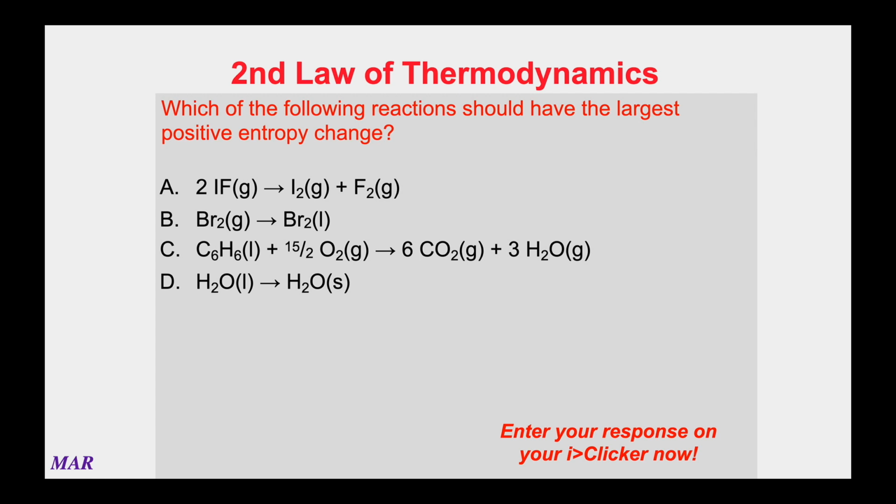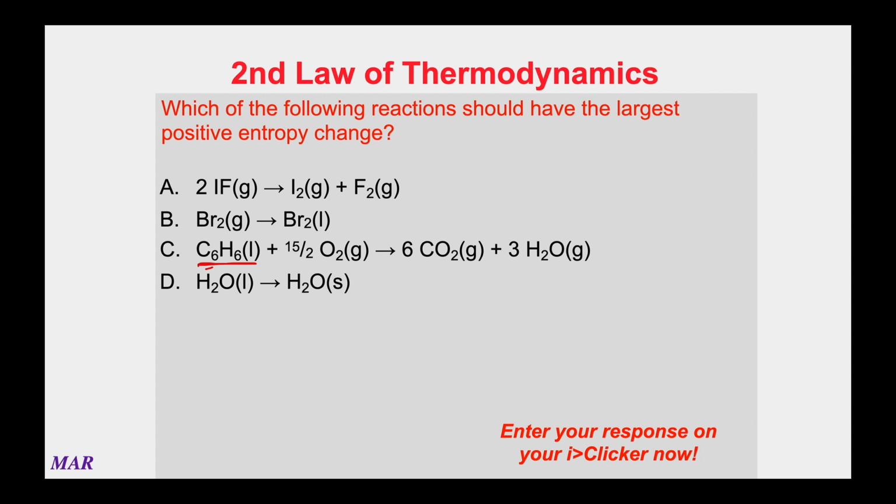Now, C is an example of a combustion reaction, which is something we talked about in Chem 221, where you take something organic. This is benzene, C6H6, by the way. It reacts with oxygen. It's got a fraction there. I know. I'm going to get over it. Anyway, it makes CO2 and some water. Okay, now this one I think is going to have a big entropy change for 2 reasons, all right? The first reason is that if you look at the moles of gas, all right,